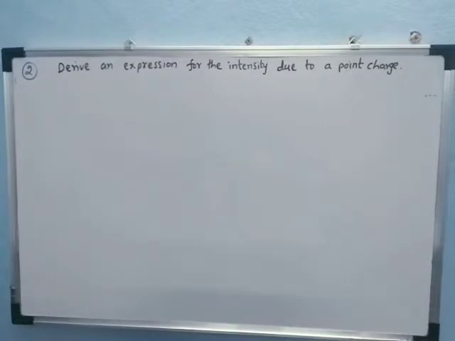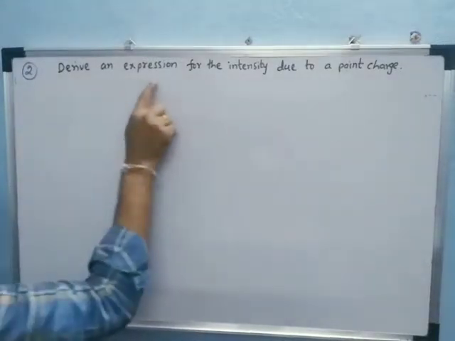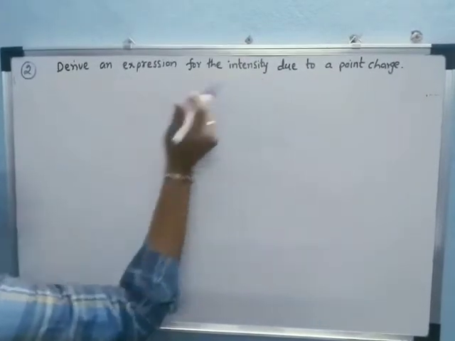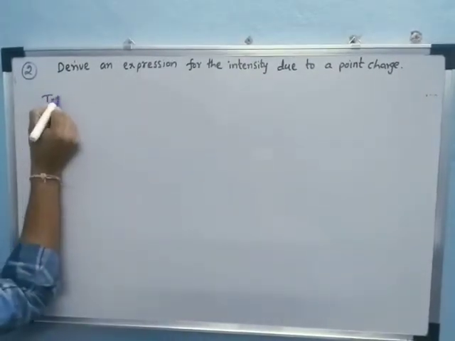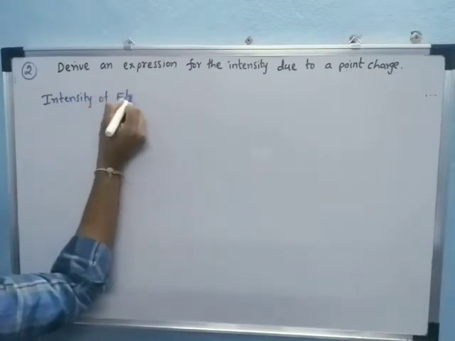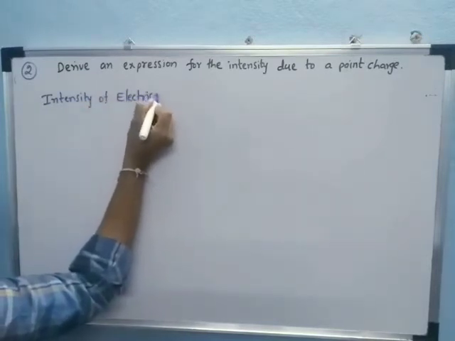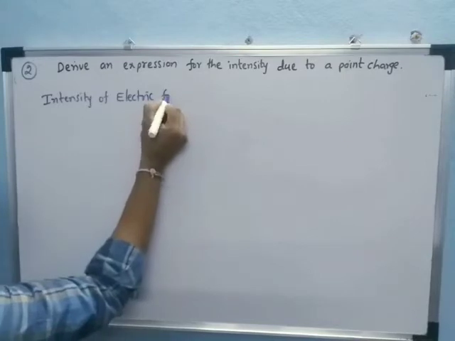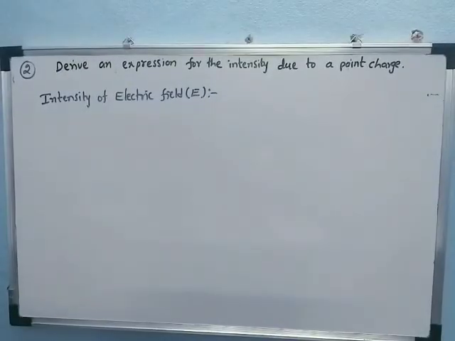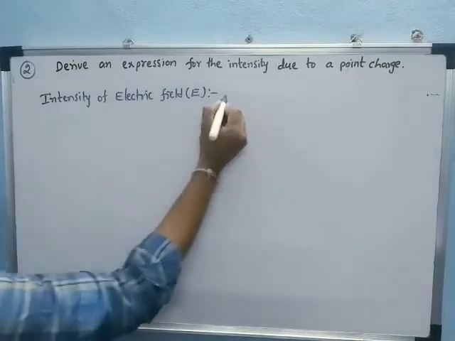Next question: derive an expression for the intensity due to a point charge. First we discuss the intensity of electric field. The intensity of electric field is denoted by the letter E. It is defined as